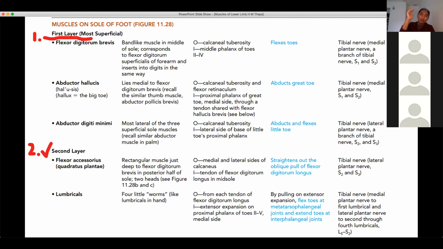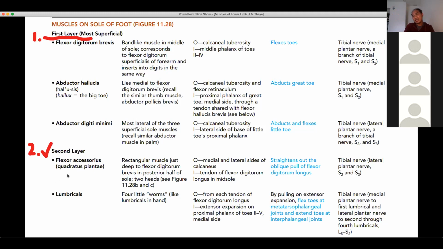So for the 4 lateral toes, the 2nd to 5th toes, it is flexor digitorum brevis, a short muscle. And abductor hallucis. Abduct means going to the little toe side. Abductor digiti minimi, going to the